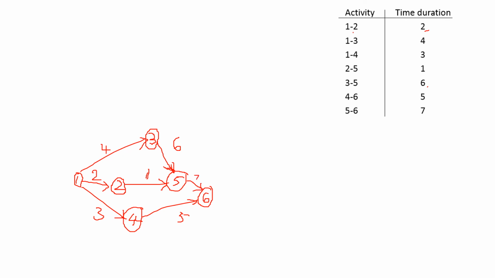See, this is the way a network diagram can be drawn. This is very simple. Just concentrate on the activities and the nodes. What is the starting node? What is the finishing node? That we have to know. Just keep on drawing. Take the first activity and draw it. This is one node, 2 is another node, and this is the activity value. In the same way, 5 is one node and 6 is another node. Just draw the connection lines, 5 to 6. Don't forget to put the arrowheads. Only then will it be clear in which direction it is going.